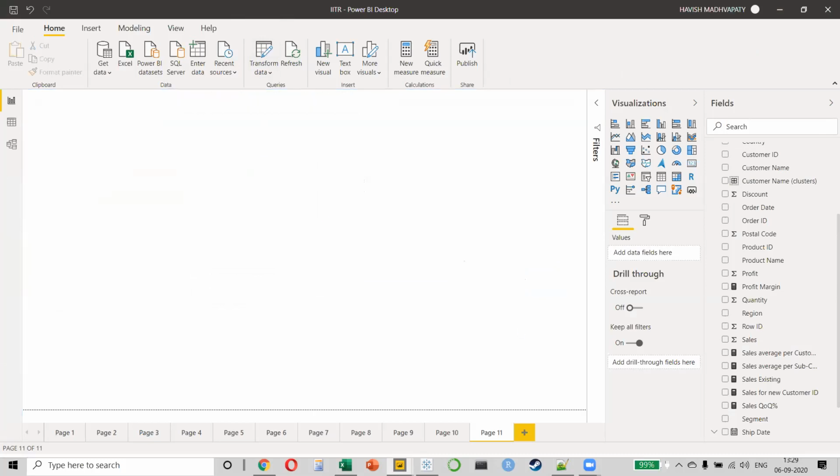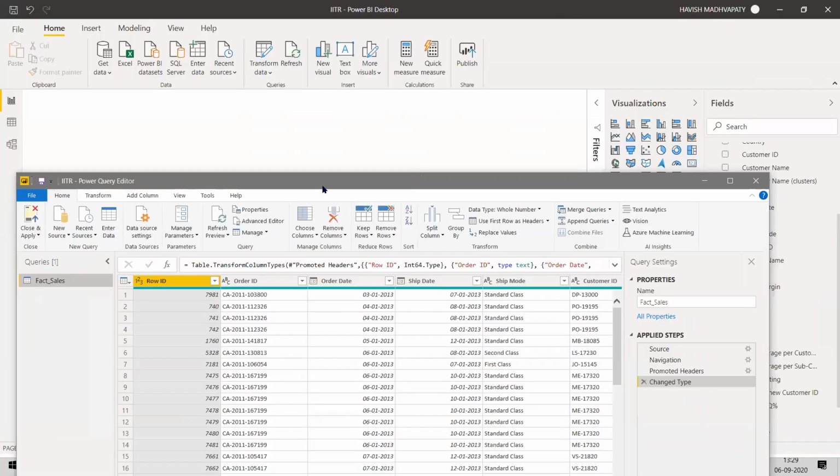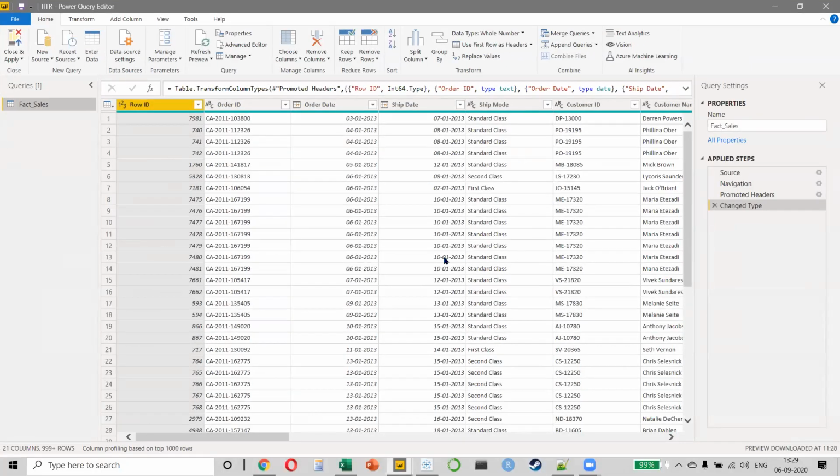and we get a window like this. Is it a part of Power BI? Absolutely. So if you notice, Power BI is in the background and this is Power Query running on top of it. Is Power Query used for data analysis? Absolutely not. We are only using it for data transformation. So what are we doing right now? We know that we have an order date and I want to convert this into the day.